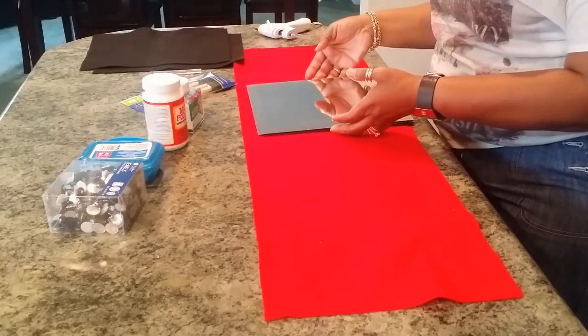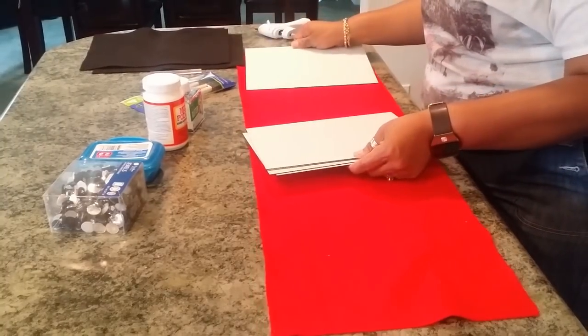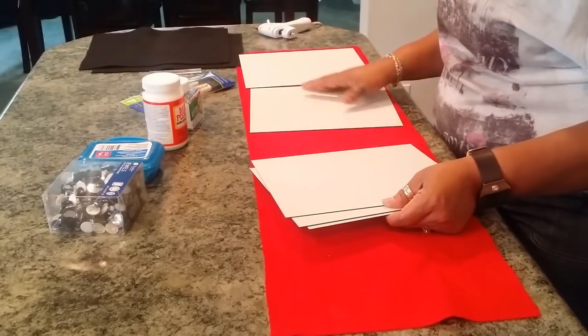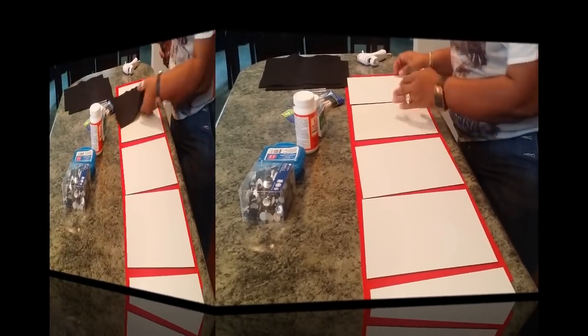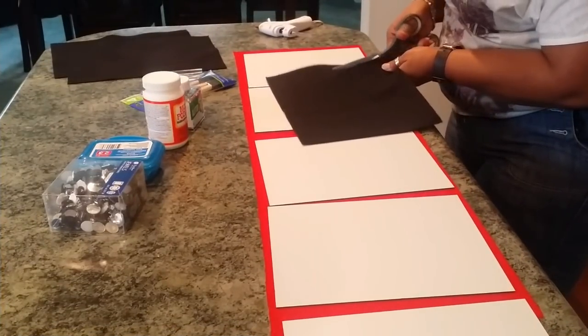We're going to go ahead and start by spreading the mirrors out on this red felt here just to protect it from being scratched up. And you may remember these are the 5 mirrors that I had left over from the frosted lantern that I did. I'll leave a link for that video above here. We're going to go ahead and cut off a piece of the black felt,